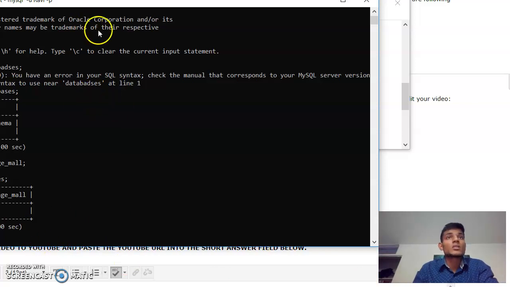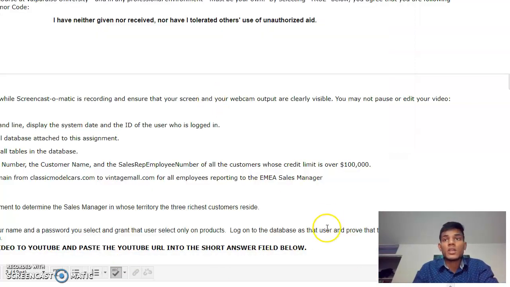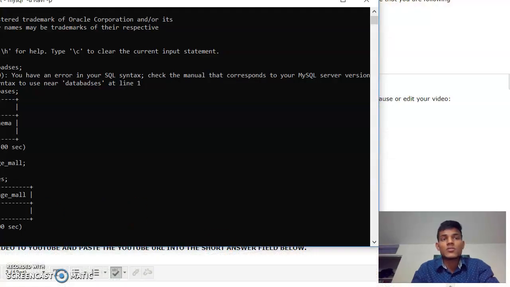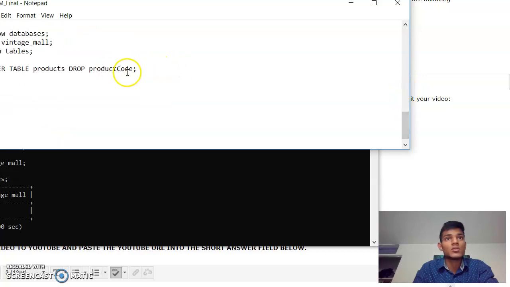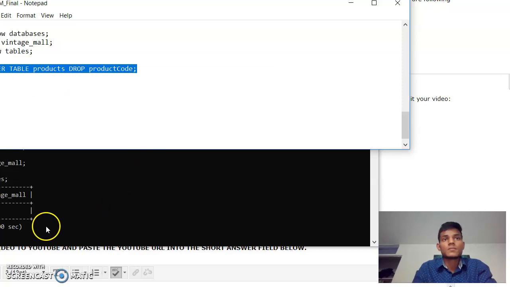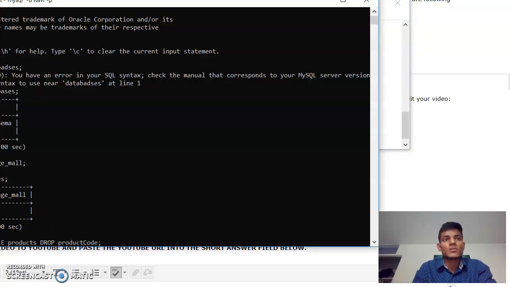Now, as asked in the question, let's try to check if this username Ravi can control the access over any payment information. So let's try to drop one column from the table, which we surely won't be able to do as we don't have the permission. So I'm going to drop the column product code from the table products,